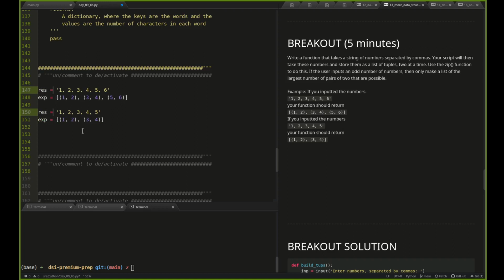Oh, this isn't res. This is imp. Oops. Deleted the wrong part. Imp. So here's the imp. There's the expectation. And then we could do a result would be the result of the function. So